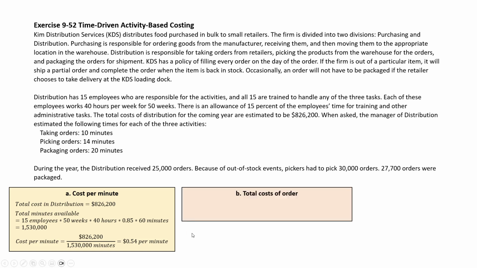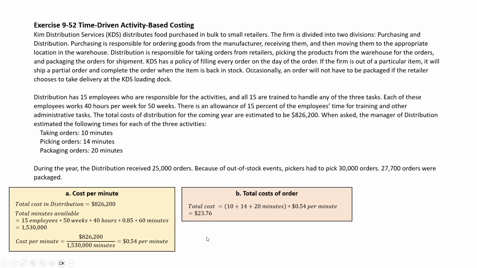Part B asks me to then cost an order. Well, they already indicate that it takes 10 minutes to take the order, so 10 plus 14 minutes to pick the order. Now I'm up to 24 plus 20 minutes to package the order. So that would be a total of 44 minutes times 54 cents per minute. So on average, I'd expect a typical order to cost me